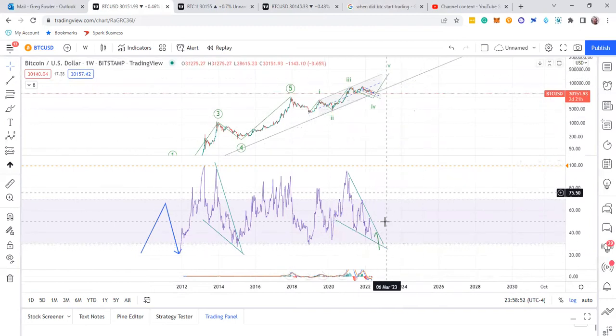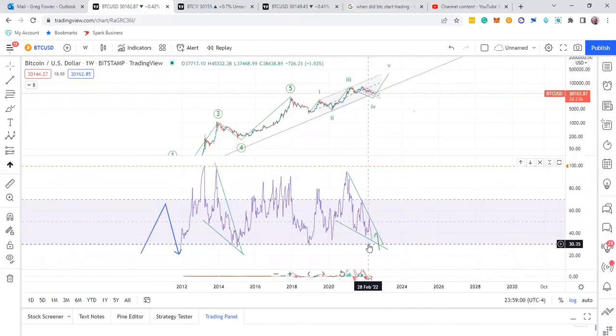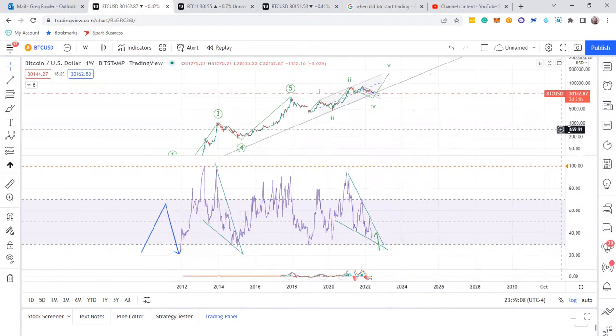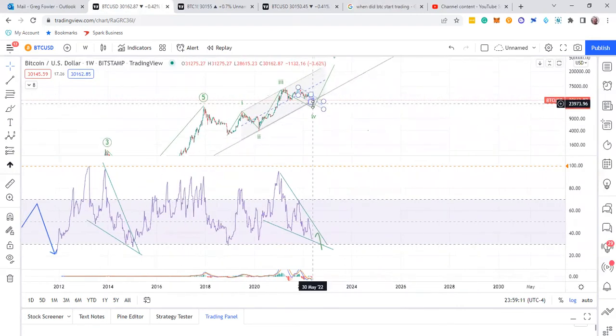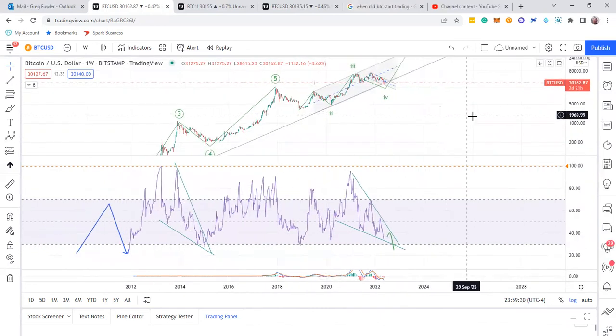There's going to have to be some sort of pretty big move to start pulling this up a little bit to keep going on the downside. I know it can keep going down and down and down, but more than likely, once you see this move down here and this RSI is down in these areas, after that leg down that I mentioned before, that it's going to be doing up and then back down to the 21, 22-ish area, the smart money and the whales and all those guys will be going, okay, we're going shopping now. You can better believe it. That's probably what's going to happen.